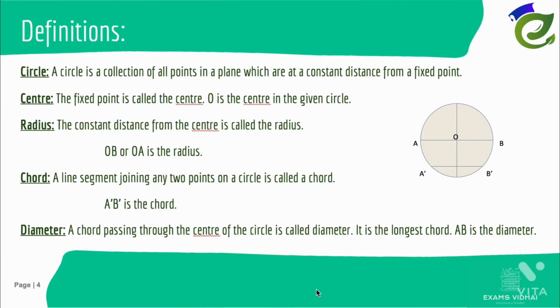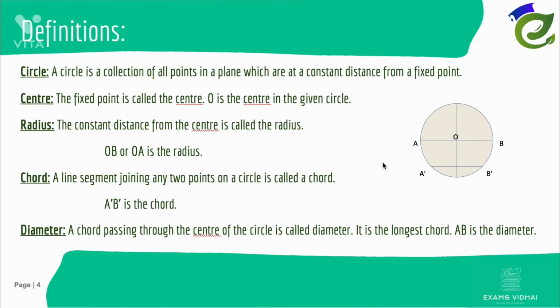We all know what a circle is. Giving it a quick recap, we see that a circle is a collection of points in a plane which are at a constant distance from a fixed point. And that fixed point we call the center. So, to draw a circle, we need to put the points at a constant distance from the center such that it forms a circle. And the constant distance, we call it a radius, and twice the radius, we call it diameter.